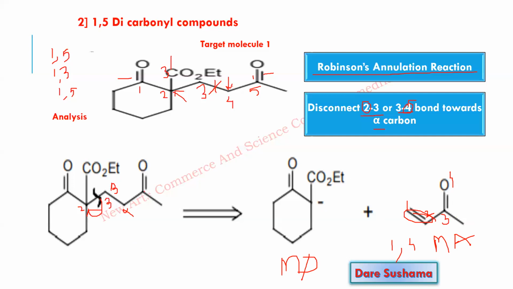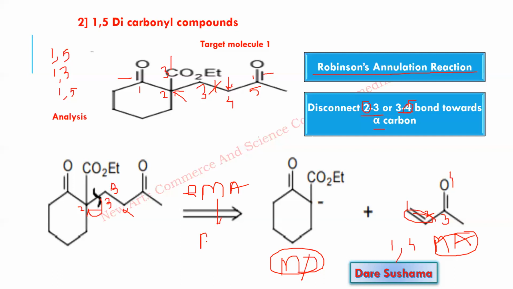Whenever a 1,5 dicarbonyl compound is there, the first retro step is a retro-Michael addition reaction. So what is Michael addition reaction? It is a combination of a Michael donor and a Michael acceptor. In the Michael donor, there is always a more acidic hydrogen, and that hydrogen must be flanked by 2 carbonyl groups, because Michael